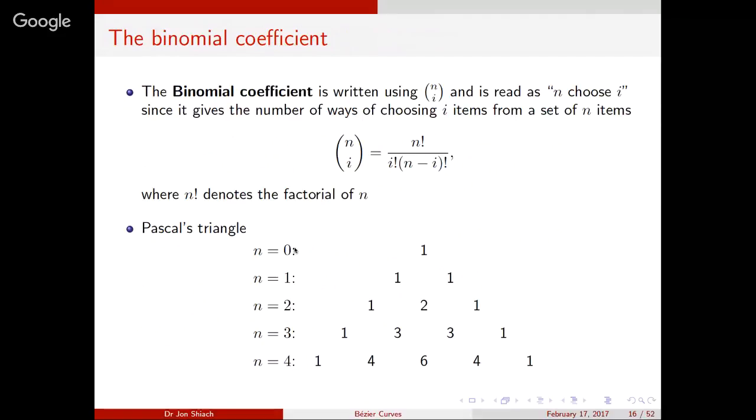And that's how you calculate it. Okay, I never remember that. I use Pascal's triangle. It's a lot easier way of calculating binomial coefficients. So, for example,